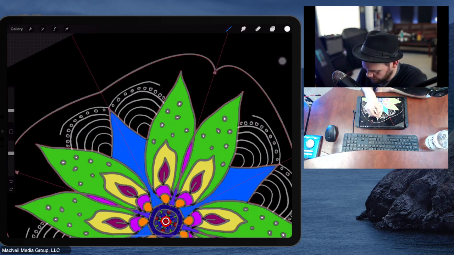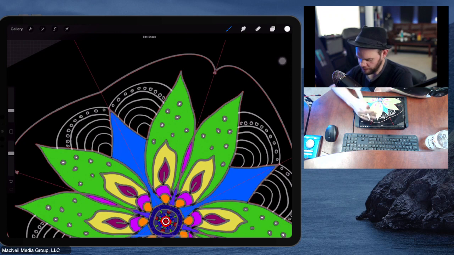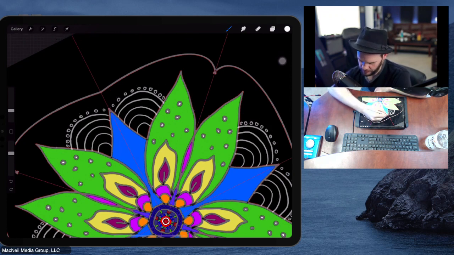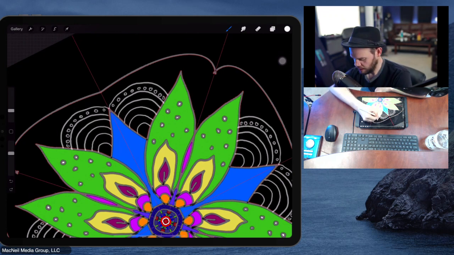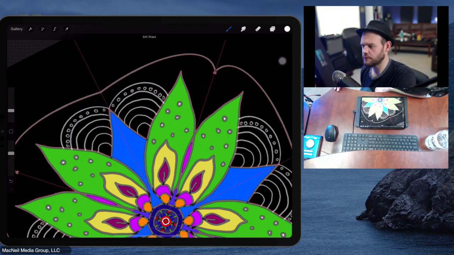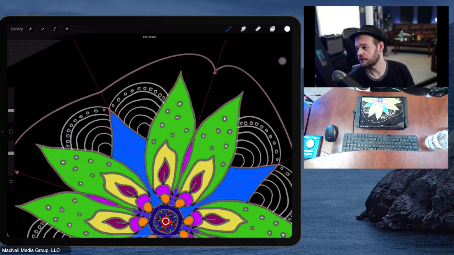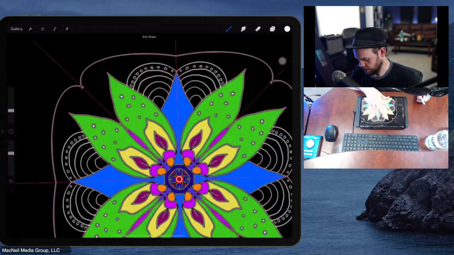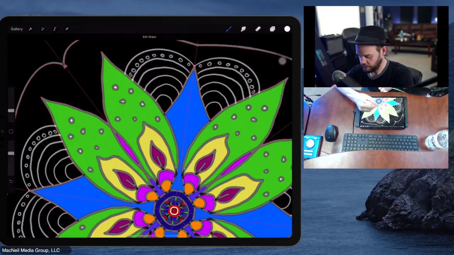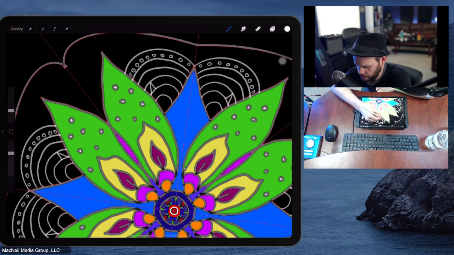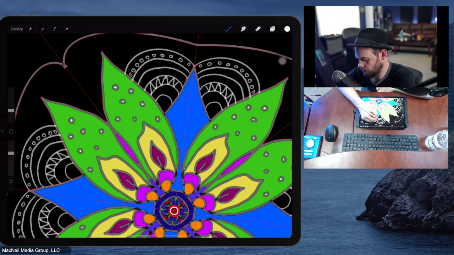So if you really, really wanted to, with all the assisted functions here of smoothing the pens and straightening the lines and the symmetry function, you could make this perfect if you spent the time to get all the lines straight and color in everything in a sensical way, more so than I just did right there. You could make this absolutely perfect. It would just take you a long time, which I guess is the point of one of these. I guess I don't really know how these things started, but I think the point is that it's supposed to take a long time and it's supposed to be